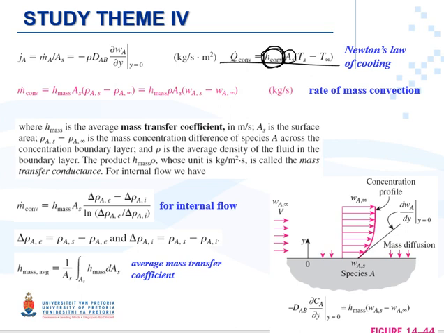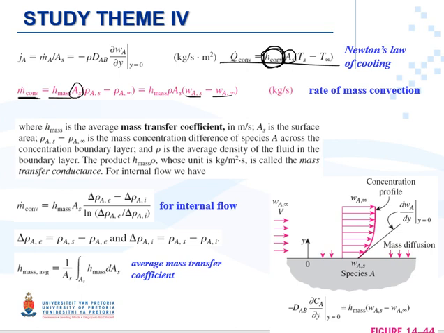So if we want to more or less apply the same concept, we can say that the mass m dot convection is equal to mass transfer coefficient multiplied by A multiplied by concentration difference. But of course there are different ways of showing it, and you can show it mole base, mass base difference. Okay,